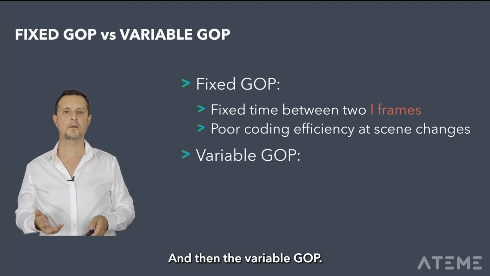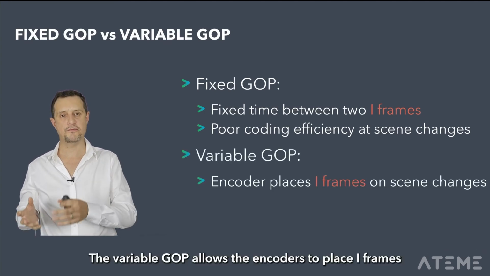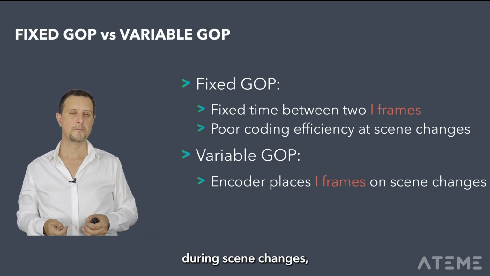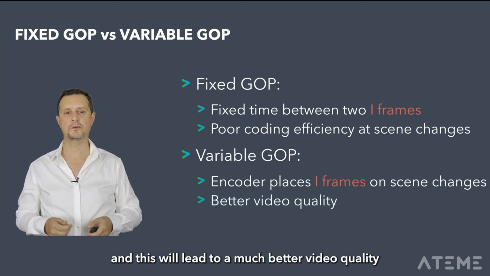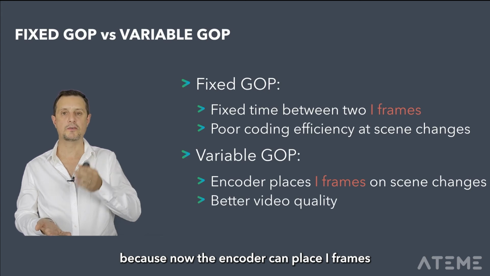And then the variable GOP. The variable GOP allows the encoder to place I-frames during scene changes. And this will lead to a much better video quality because now the encoder can place I-frames at the most